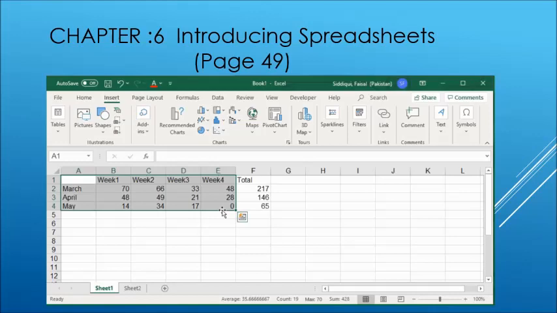Also I have selected the months March, April and May, but I have not selected the total that I calculated, because we want to make a chart about the data, not about the output. It is up to us if we want to include the total or not, but we don't want to include the total at this time. We have selected the data that we have entered in the computer.